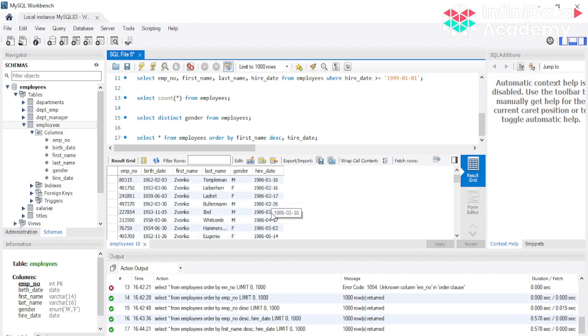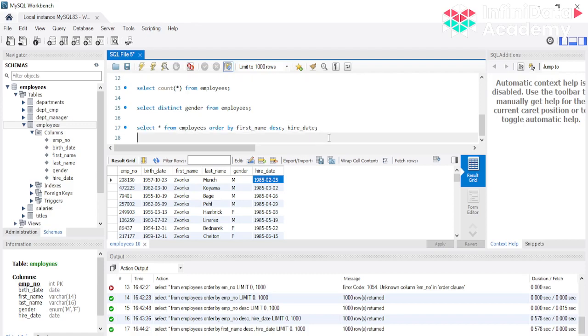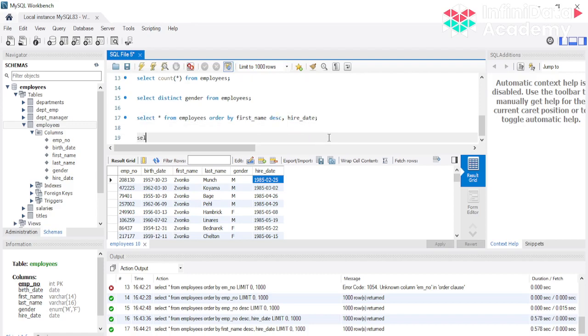So जो भी second number पे same first name का person hire हुआ है, right? And even if you want to do this on descending as well, you can write descending over here, and उसके according your query will run, right? And let's see a few more interesting ways to query the data.